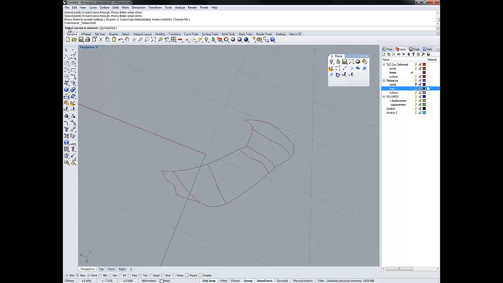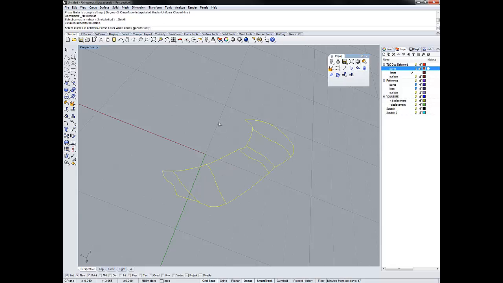If we left click on this, it's going to say select curves in the network. One thing I can do is turn off the points here, and just press Control A. It says select curves in the network, press enter when done, and you see that there are 9 curves selected. There's 1, 2, 3, 4, 5, 6, 7, 8, and 9, and that's correct. So we press enter, and now it says you've got A, B, C, and D. If we press enter when done,